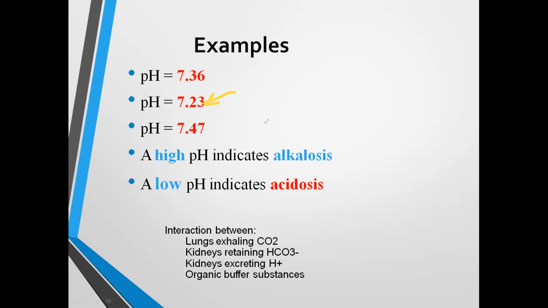Now, whether it's metabolic or respiratory, other parameters can help with that. High pH indicates alkalosis, like the condition of 7.47. It is elevated from the normal value. Normal value is